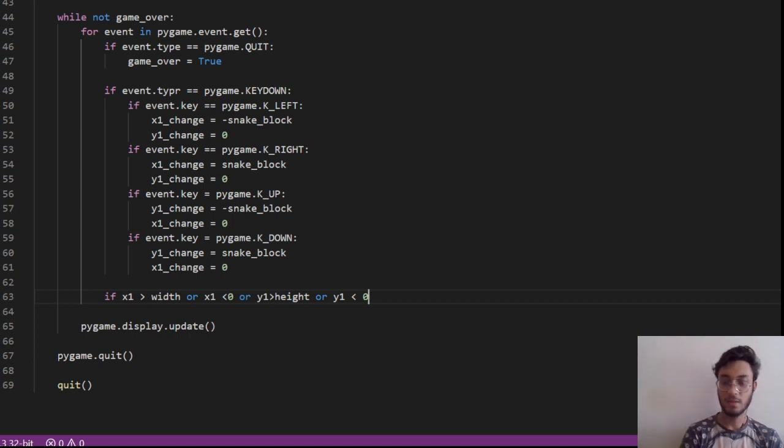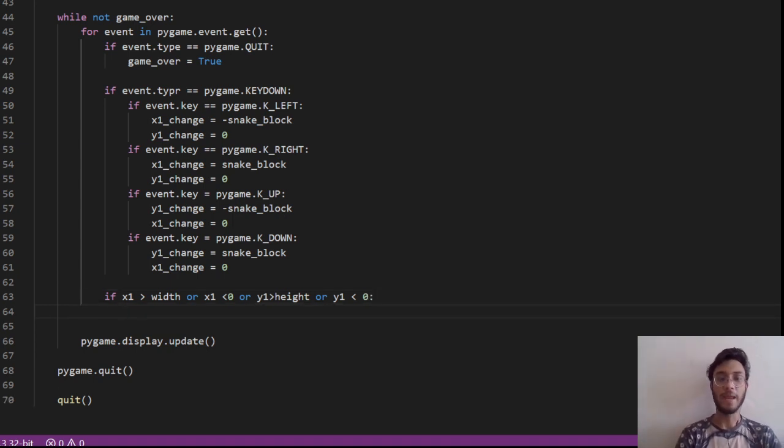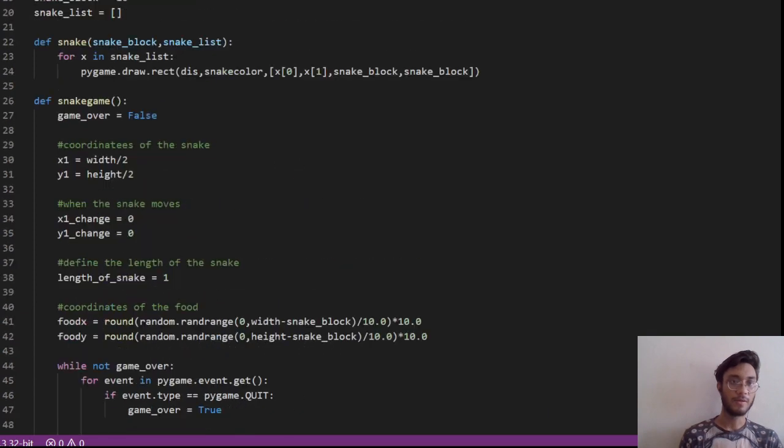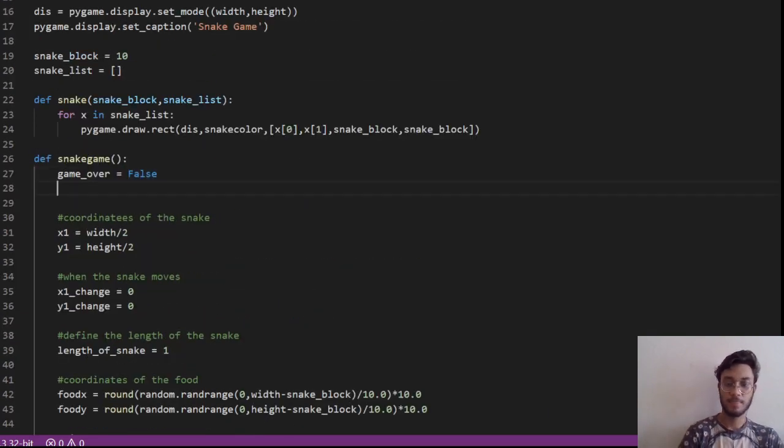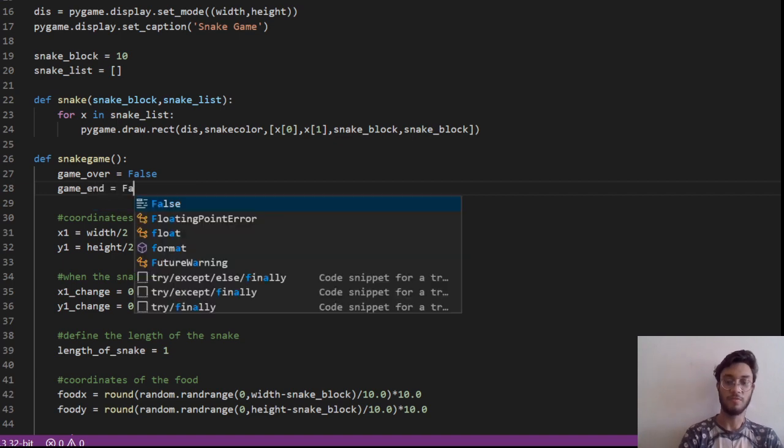In that case, the game should end. The game end will be true. We assign this variable game end with the initial value false, game end equals false.